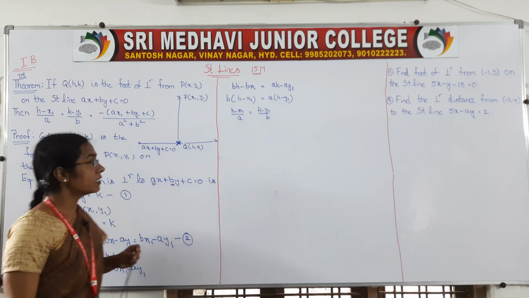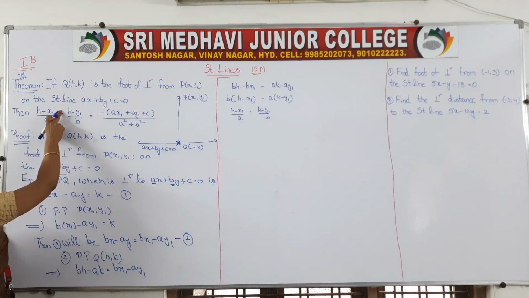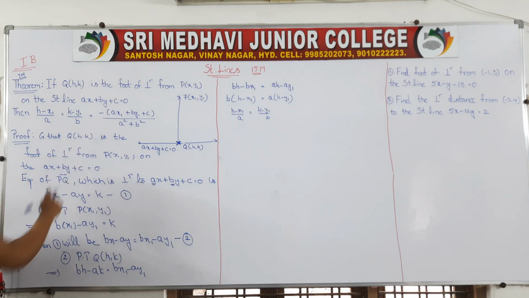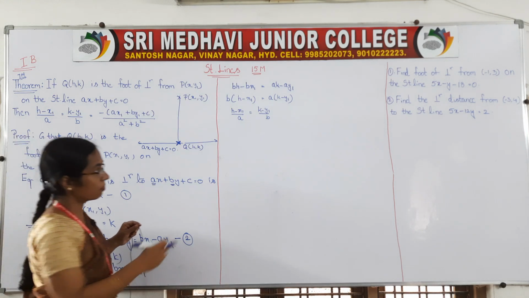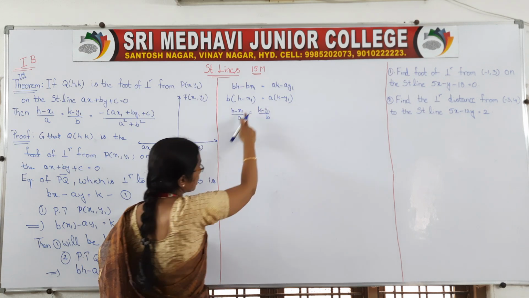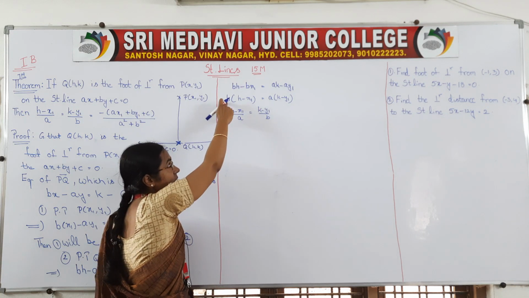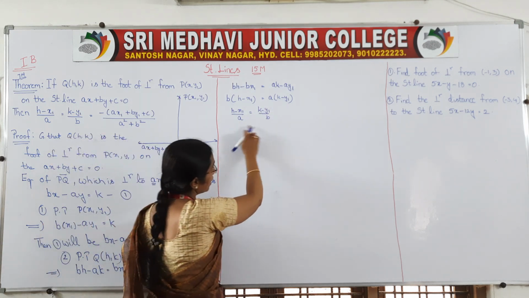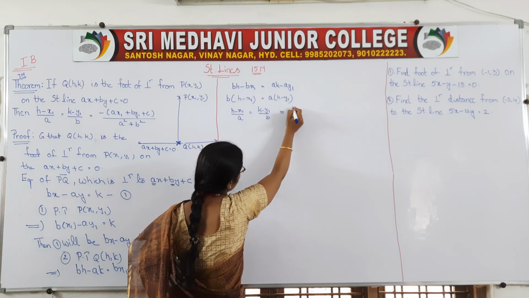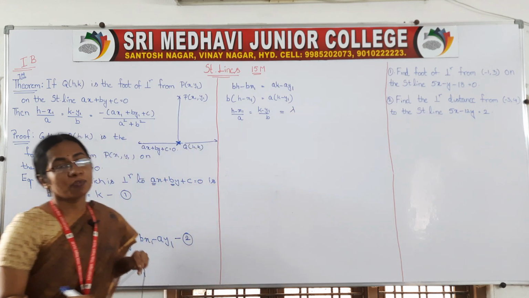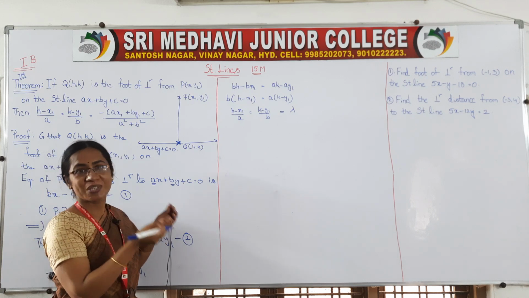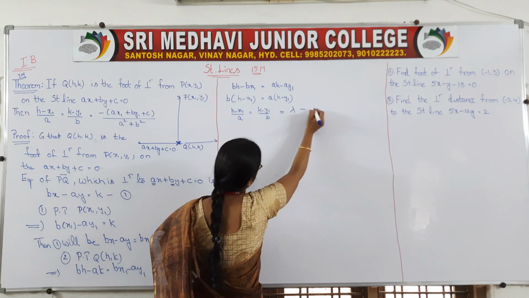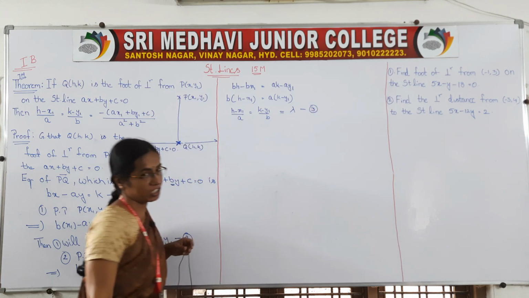Why are we doing all this? At the end we have to prove that (h minus x1)/A is equal to (k minus y1)/B is equal to this one. So to get into that form we have to bring it: here it is multiplying, if you send it this side it will divide. Here it is multiplying, if you send it that side it will divide. If we have any two equal values, we can equate them with a constant. You consider that as your third equation.